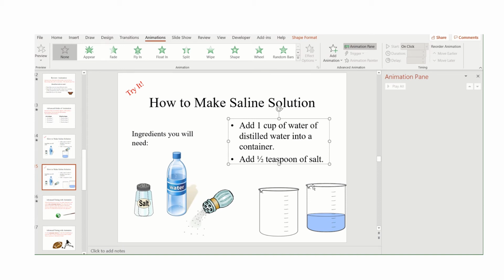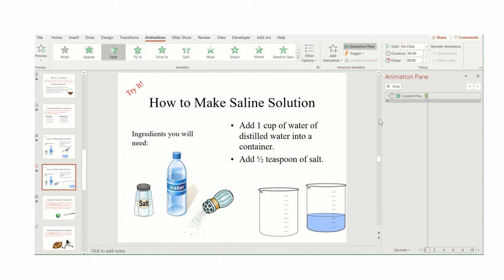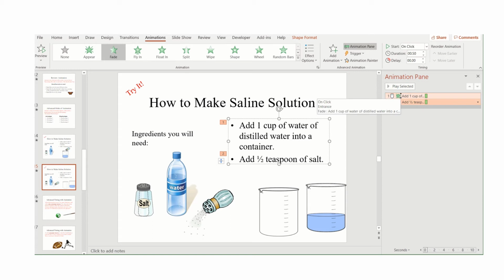First, I've got a box of 2 bullets. So I'm going to go animate those first. I'm going to fade them in. I'm going to open the expander box because I know that in a moment or two from now I'm going to have to separate these and not have them next to each other. To begin with, I'm going to have this empty beaker here. When the first bullet flies in, number 1 up here in the playlist, I want the beaker to fill with